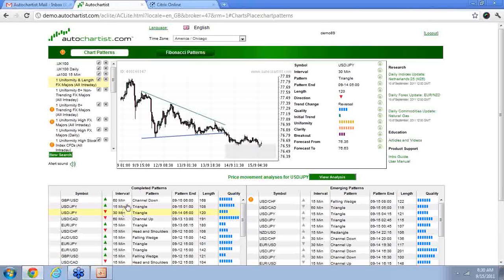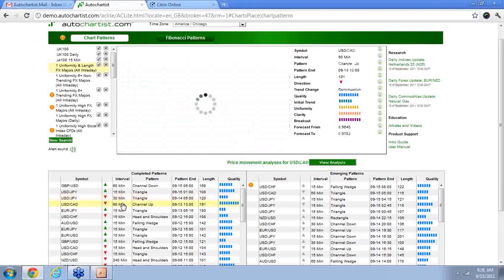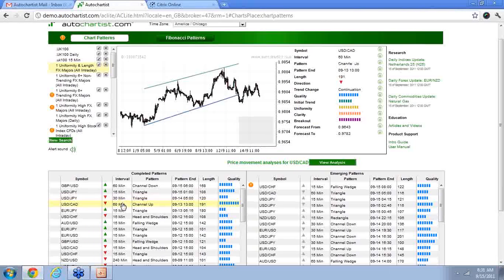I think these two here are really the epitome of what can happen when you're dealing with different time frames. The longer time frame gives you an opportunity to trade in one direction for a longer period of time, where the 15-minute keeps you on guard, and you have to be willing to change directions a lot. Here's a 60-minute or 191 length on the U.S. Canadian dollar. And again, you can see by just giving it enough time that you can really see how this market does